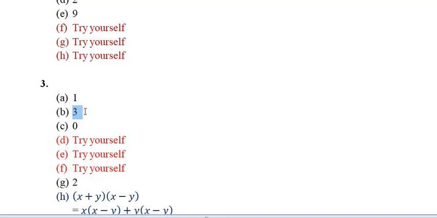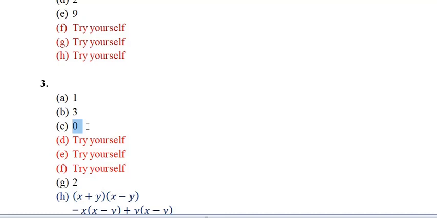So it will be 9y square in the next line, 9y square plus 16 minus 9y square. So 9y square, one is plus and the other one is minus. So they will cancel each other. So it will be 0. 9y square minus 9y square will be 0. So only the number that will remain is 16. So there is no variable left, which means the variable is absent. So we will assume the power or the degree of the variable to be 0.